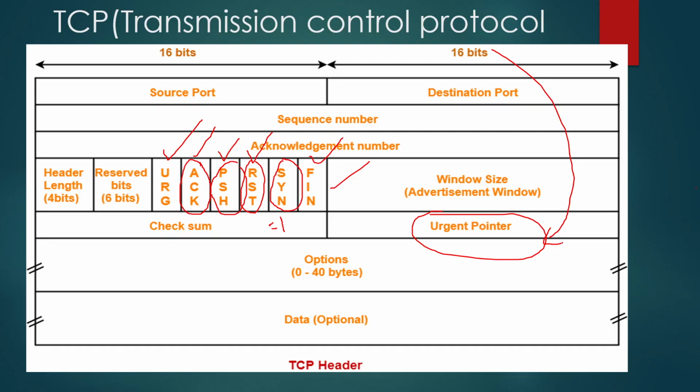Okay. So whatever data is there in the urgent pointer, if it needs to be sent to the application immediately, this flag will be set to 1. Once this urgent bit is set to 1, immediately it will go to the application. In real time, if you see telnet and you give Control C or something, here also you will see the urgent pointer.